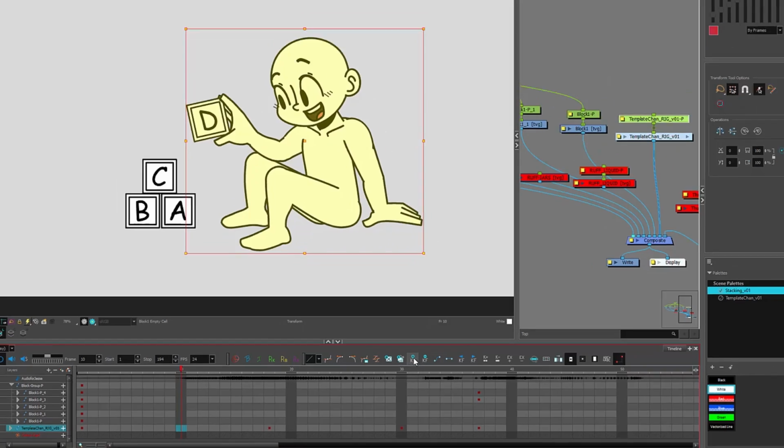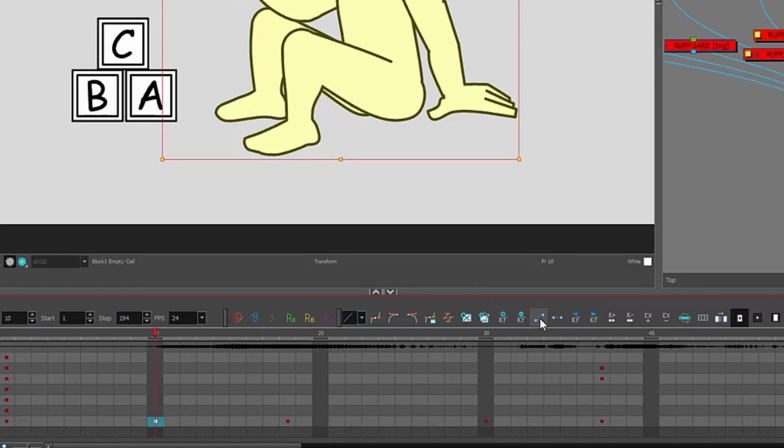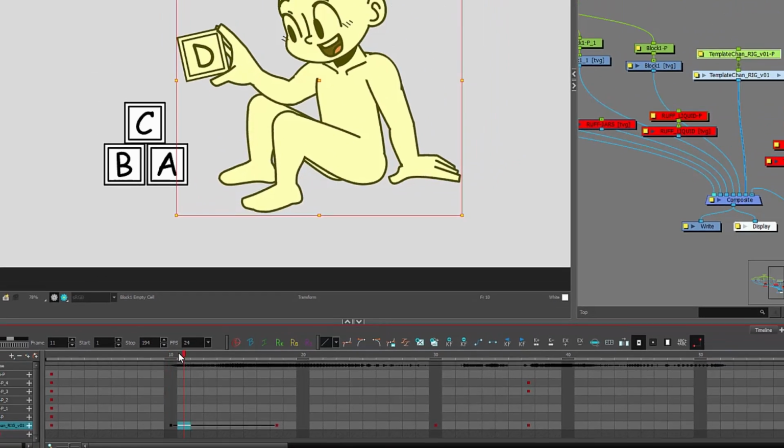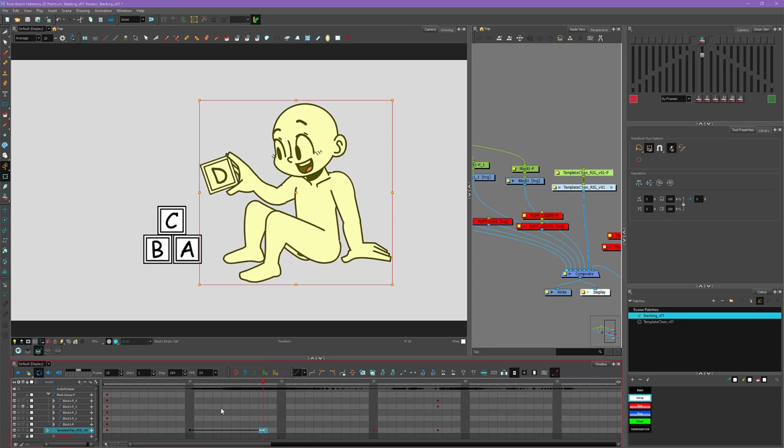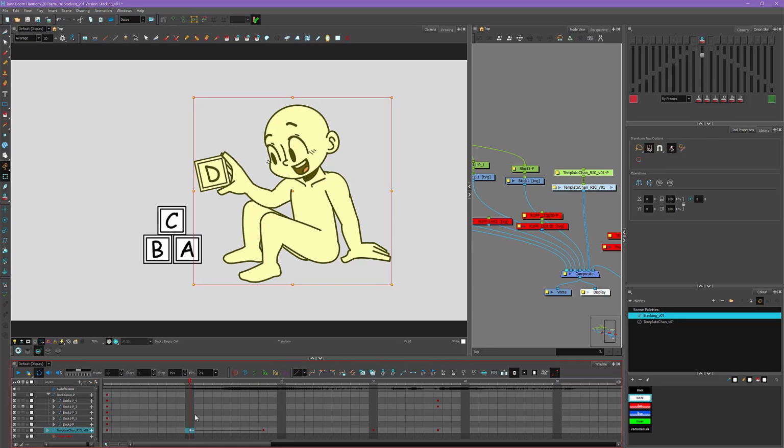Add a keyframe here with this add keyframe button, and then I'll add a motion tween using this motion tween button right here. And that creates what we call a linear motion tween. If we move from left to right, each spacing for each one of these frames is exactly the same. There's no cushioning on either side. So to add easing, we select the first frame and then click this drop down right here.